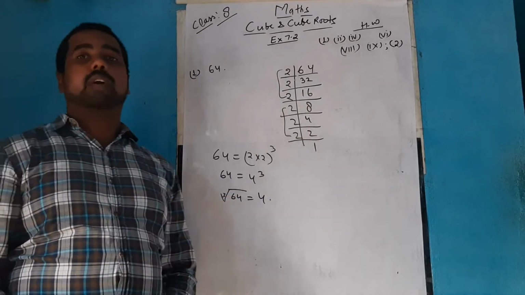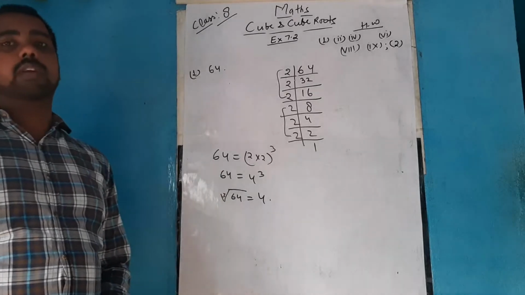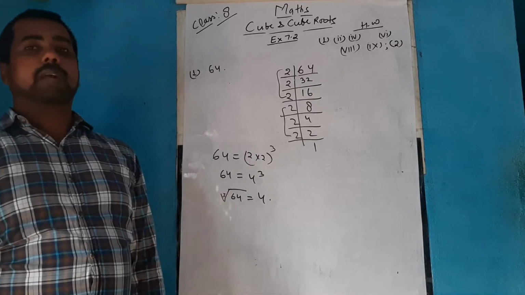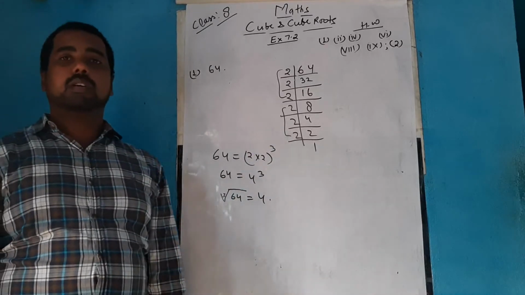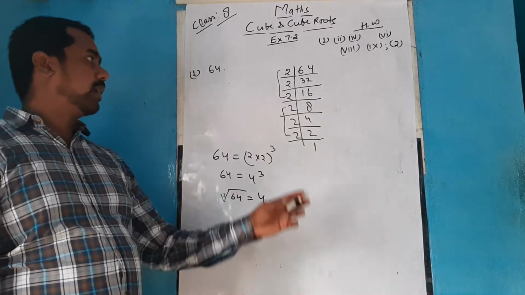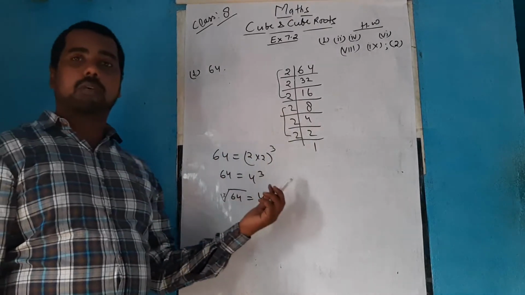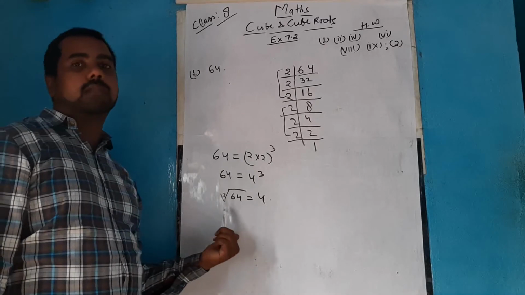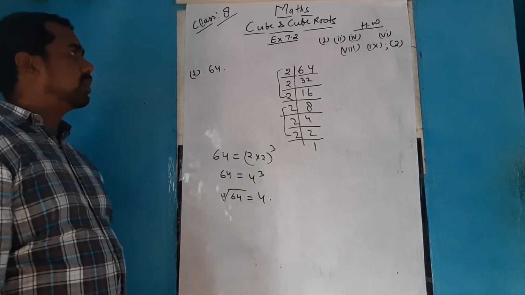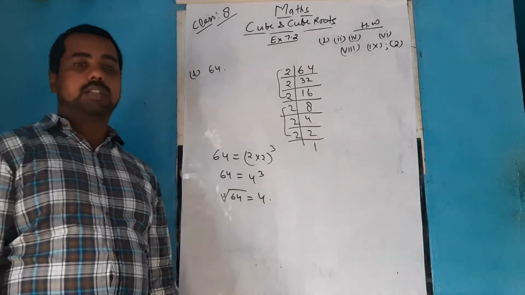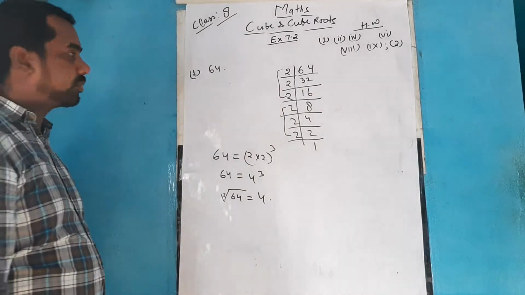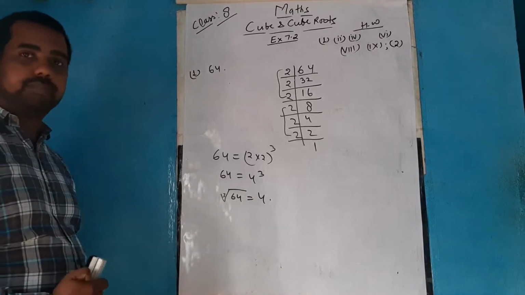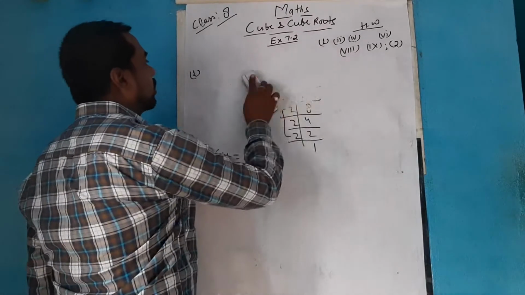It is very easy to find the cube root of a given number. Just apply the prime factorization method. Find all the prime factors of that particular number, arrange them in groups of 3 and then write them in the form of a whole cube. Then send the cube towards the left, and that becomes the cube root. So this way you are going to solve. This is the first part. I hope this is clear. Okay.